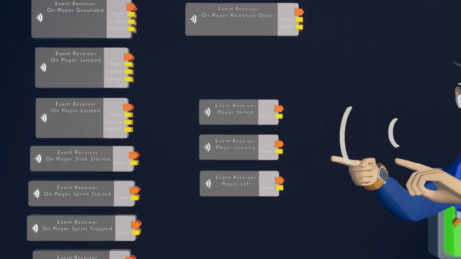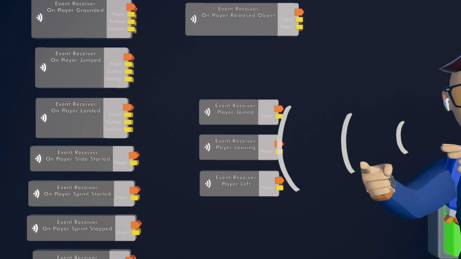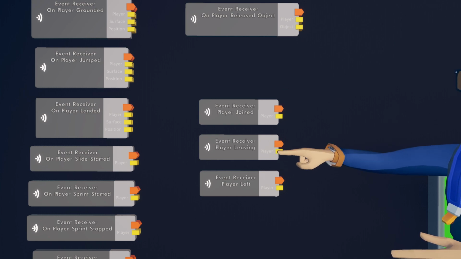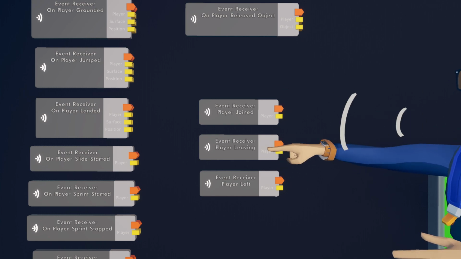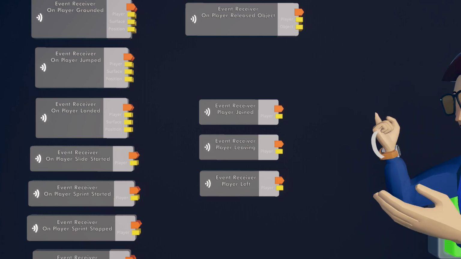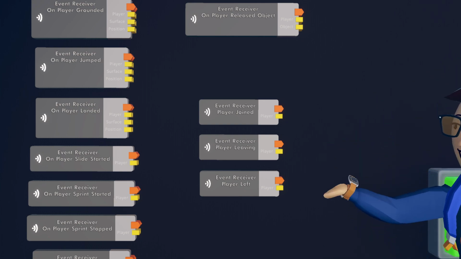This is the player that's leaving. Everybody else in the room will run it. The player who's leaving themselves won't get this, and they also won't get the next one. But everyone else will run this, and they'll have the player port. This player port, when this event runs, will be valid. You can do things like check tags or check roles on the player that's leaving.